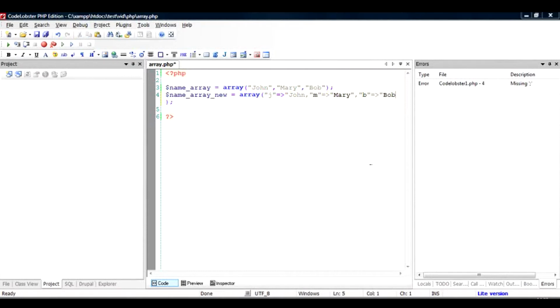So the next question could be how to use these values of the array. For example, if you want to retrieve John's name from this array, how do you do that?